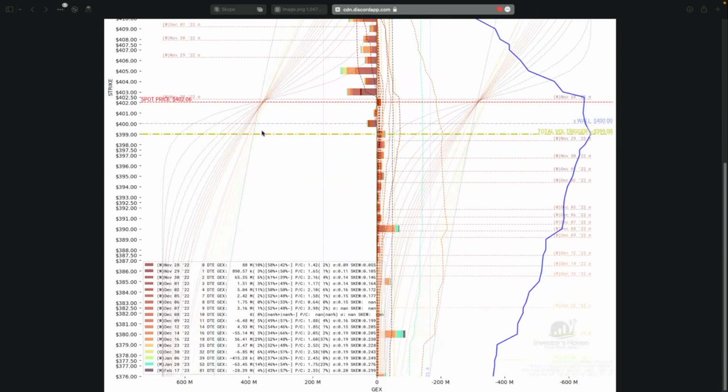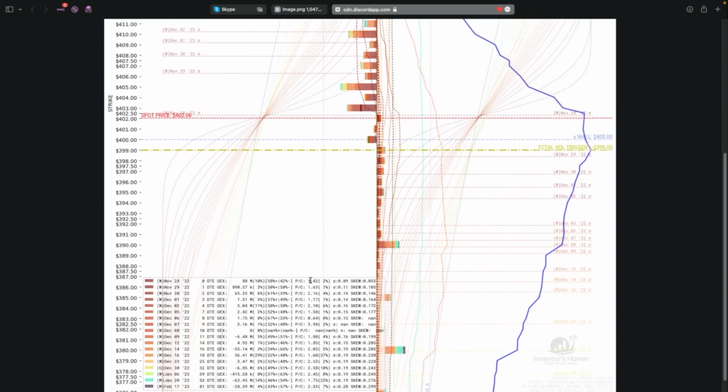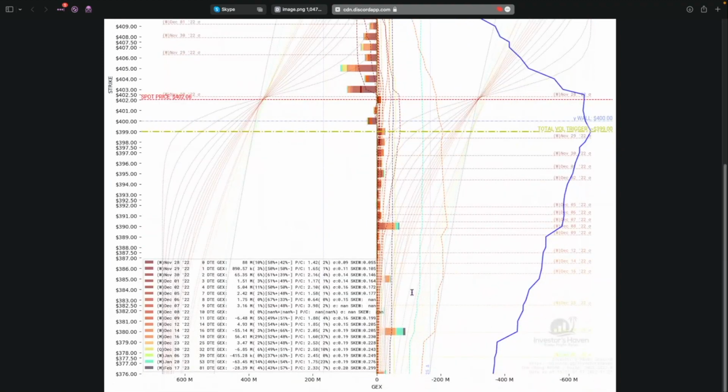The first thing I do when I look at one of these net GEX charts, by the way, is look down here and see what percent of the total gamma we have, and what our cumulative gamma number is. It looks like 88 million in notional value, or 88 million in positive gamma. And then it's 10% of the overall options, and the put call ratio, also typically relevant, is 1.42, which is low for the current market, or at least the last few months. So it's interesting. It's 10% of all options over 98 days, but only 2% of those expire tomorrow. So it's interesting how that plays out.